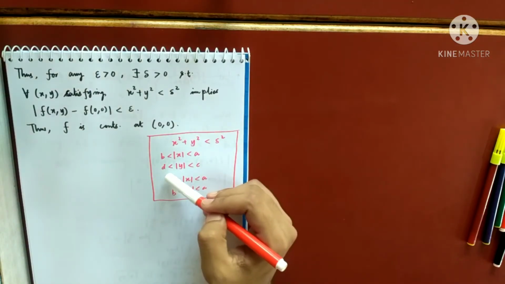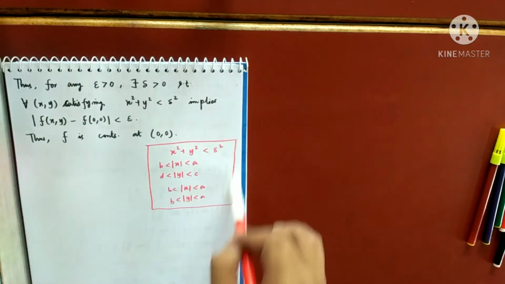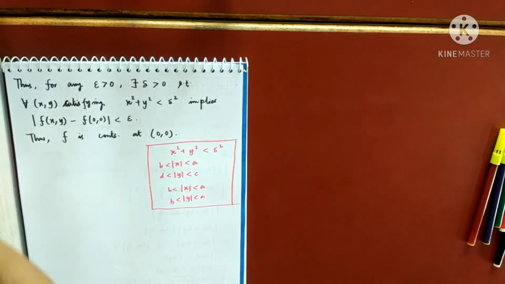Circular, rectangular, square. There can be other neighborhoods, but mostly we will be discussing these neighborhoods only. Whenever you write the definition of limit or anything, you should always use these neighborhoods only. Your set x square into y square less than delta square may not form a neighborhood of that point, because there is a condition for a neighborhood. You remember, there should be an open ball inside that containing that point, then that will be called a neighborhood. So keep that in mind. Anyway, so this is all about the question.